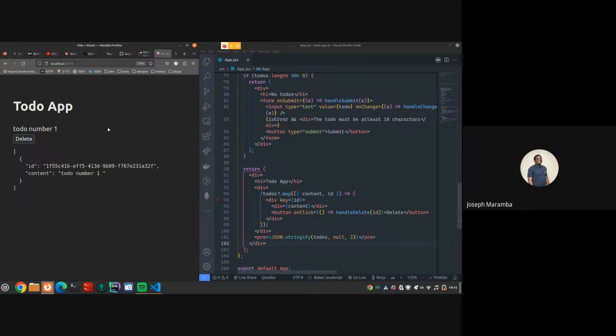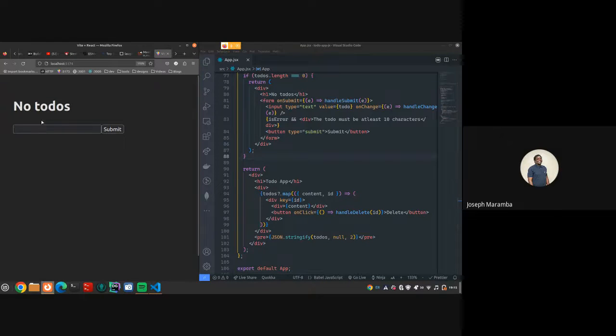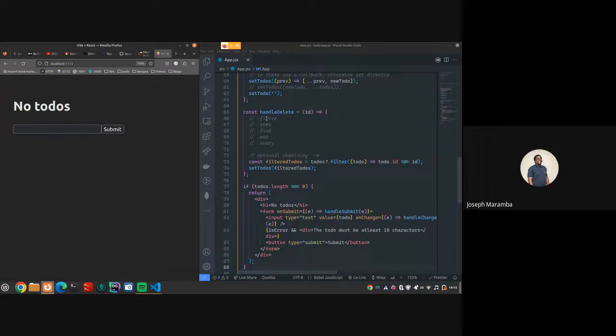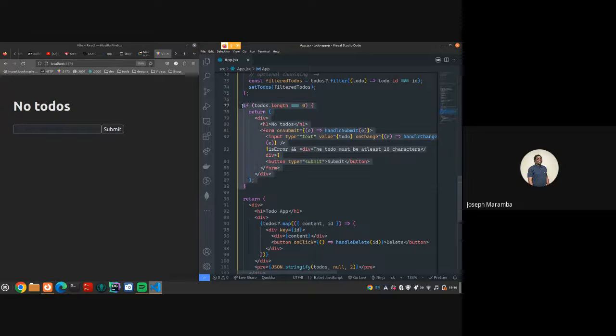Then if we come in here, to-do number 1, submit, the component re-renders and something else is returned, you see. But now I don't have the form. This is just a good example: if I delete it, it goes back to that UI. As soon as it re-renders, the whole code runs from top to bottom, and whatever happens to be true is returned, and it exits at that point. So right now the length is 0, so it exits right here. If we add something else, the length becomes 1, to-do number another, and then it basically